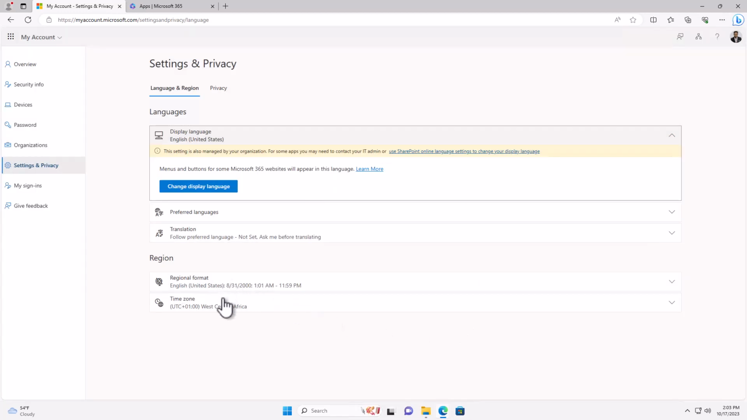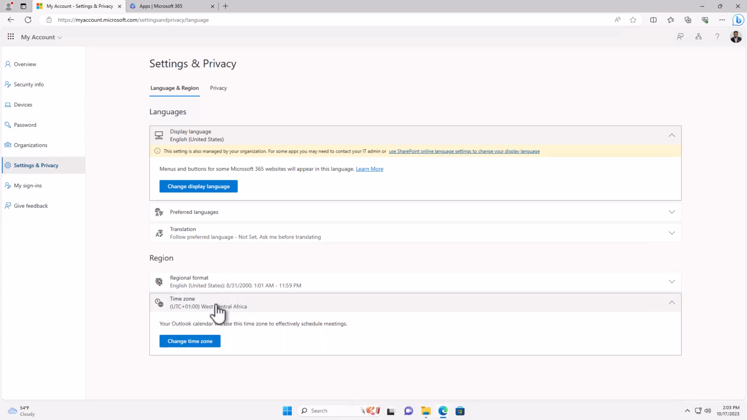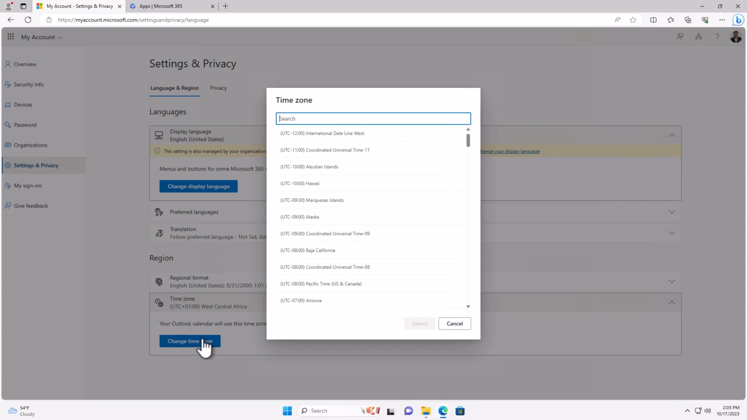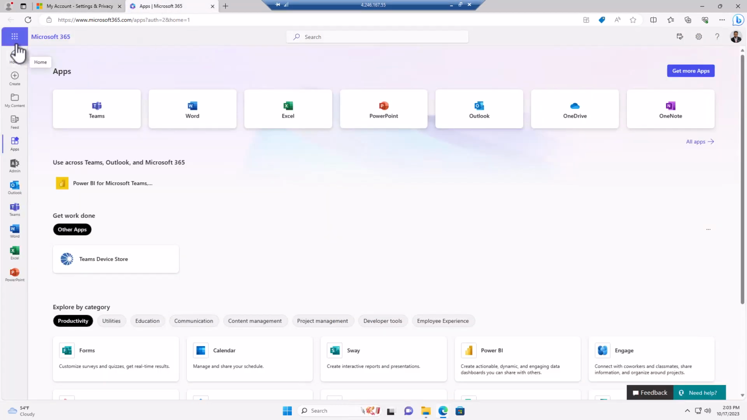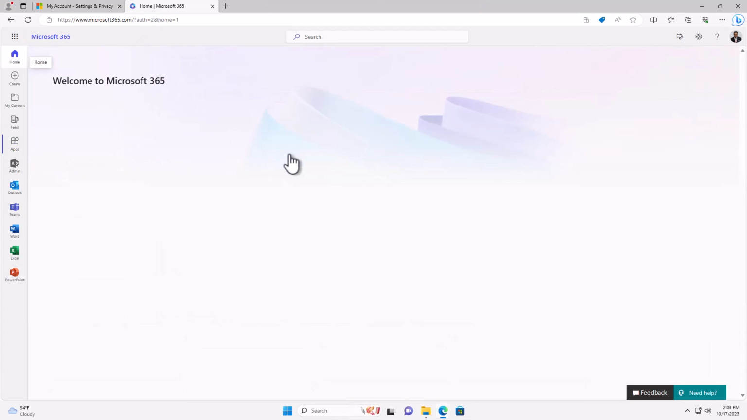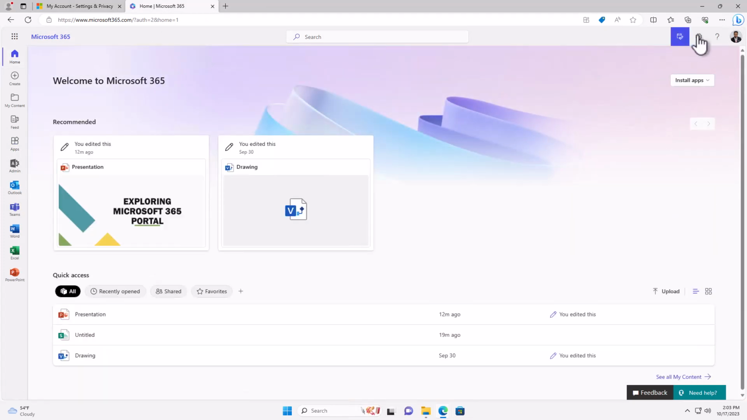Then for my region, I'm currently in West Central Africa. Maybe I relocated and changed time zone, I relocated to the UK or the US for example. I can simply select the time zone that I'm currently on. So it's very easy for me to do, but that's actually for a different video. Let's go back to the home. So still on the settings,